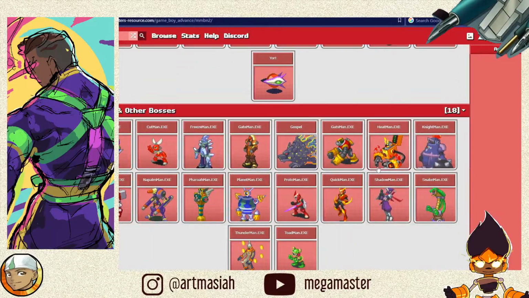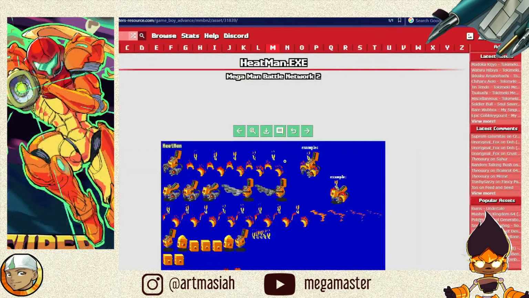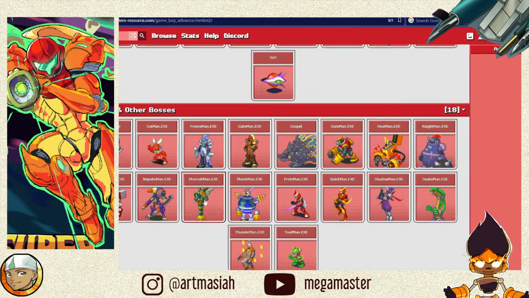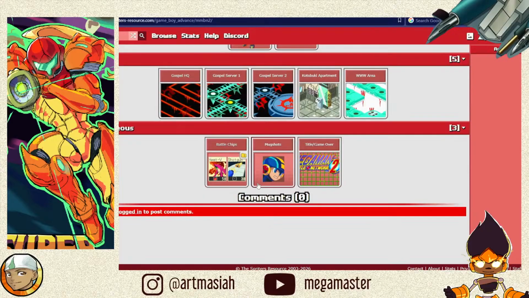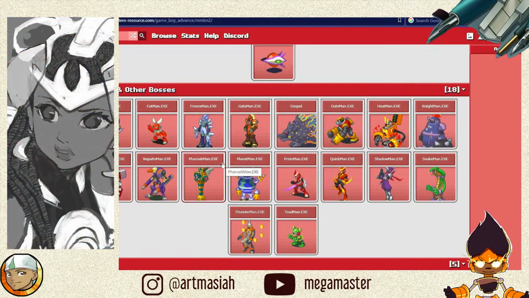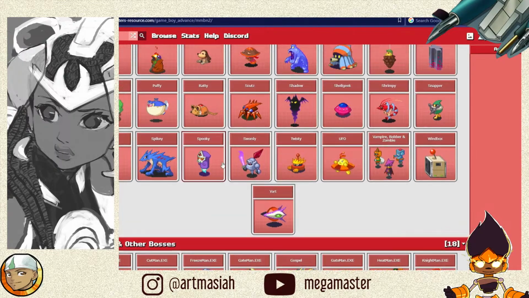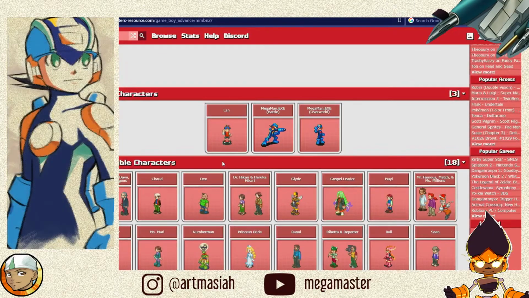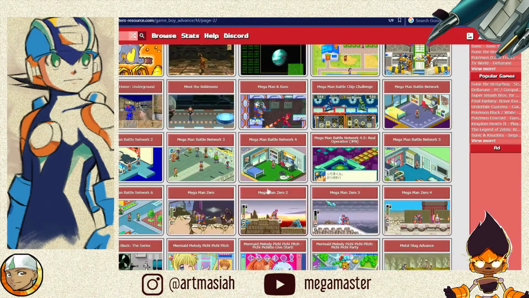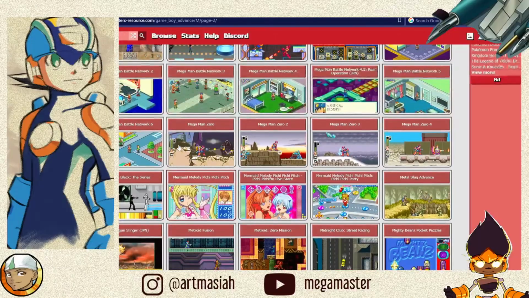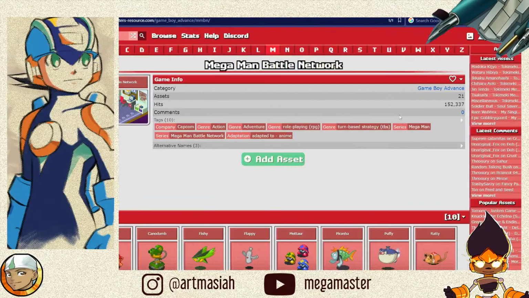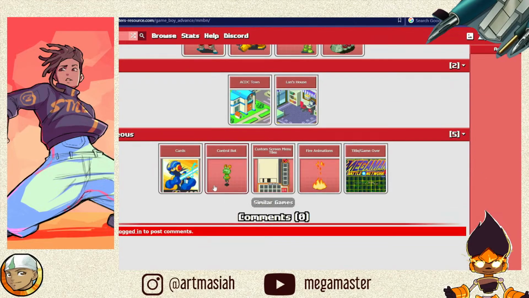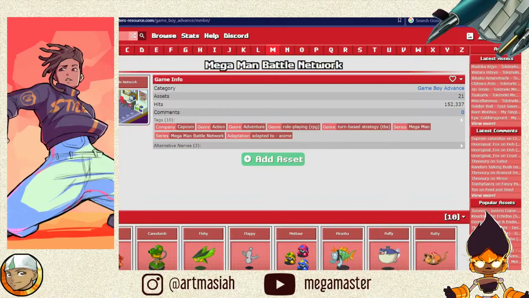Definitely have the most experience playing this game. I played this game to death. I had this when I was really young, but this was my introduction to the series. This was the game that got me into the Mega Man Battle Network franchise as a video game. I think the manga is actually what introduced me to the series. But yeah, I was like, oh, this is really cool. I really like the concept and ideas here.